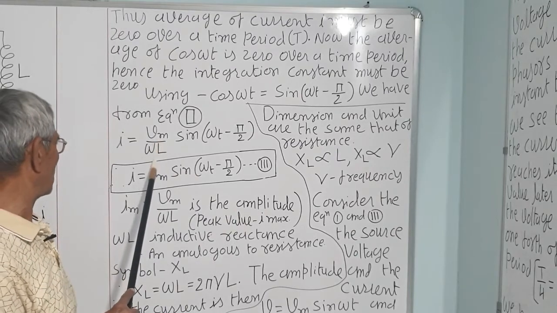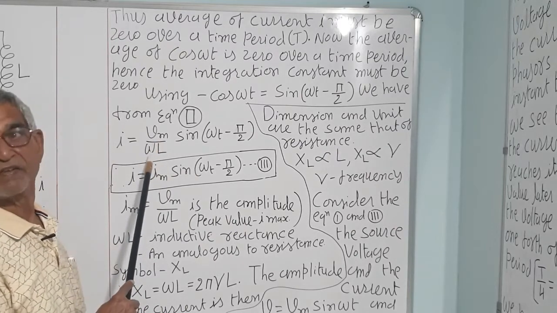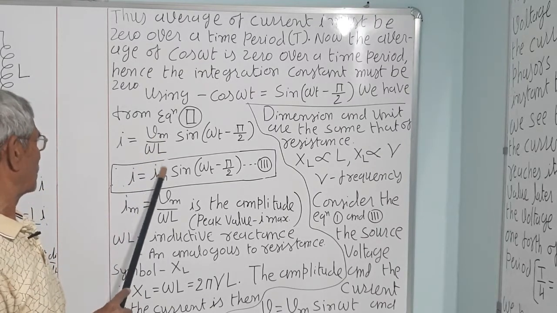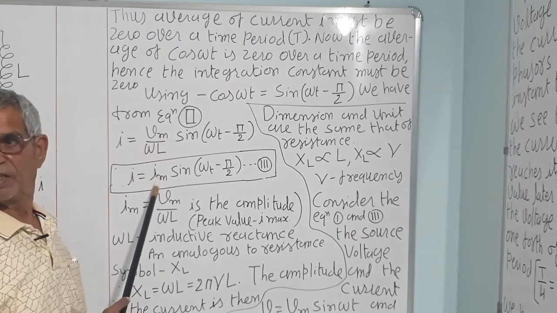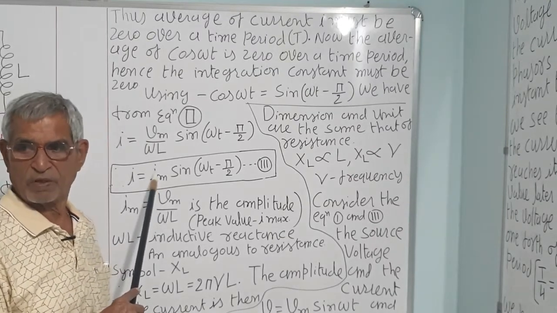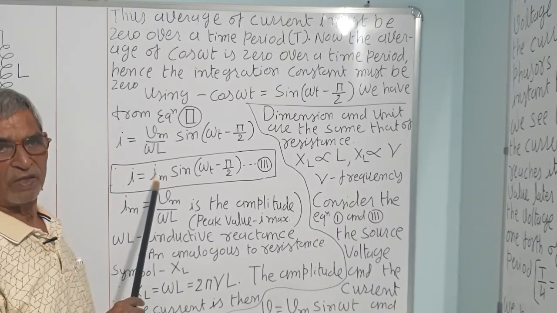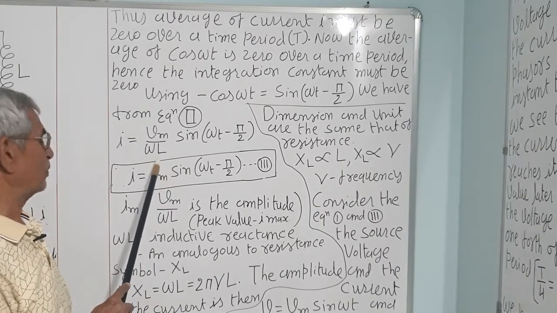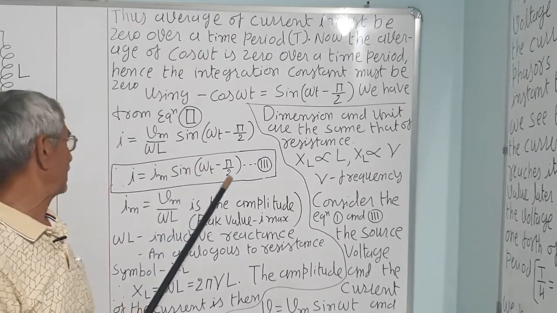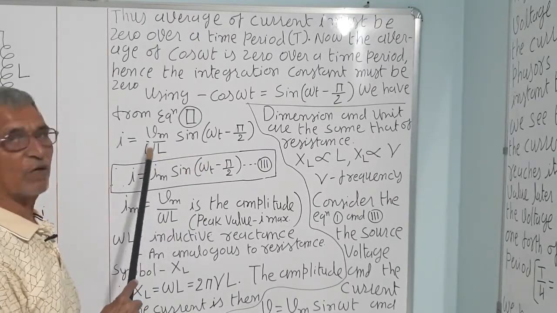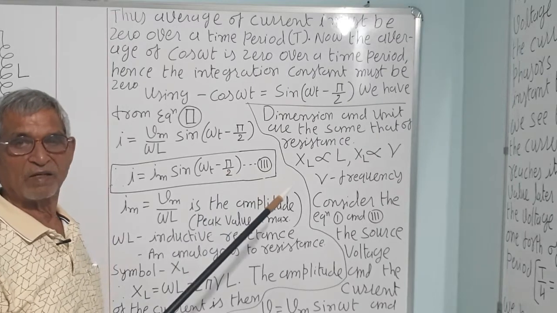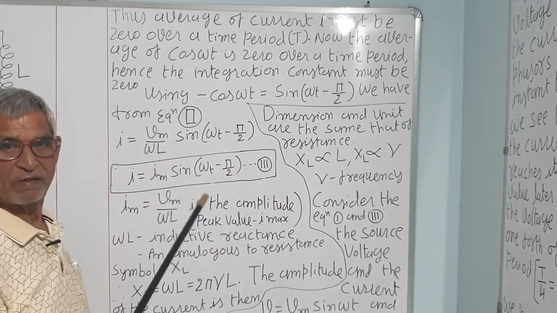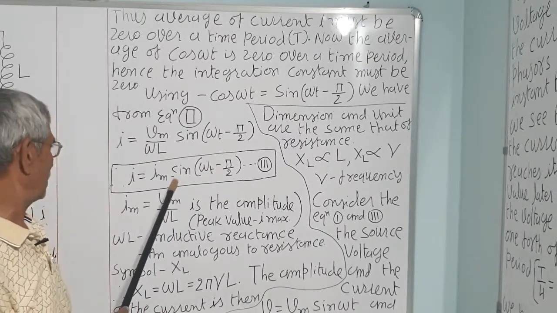So, voltage upon resistance is equal, this is inductive resistance. So, Vm upon omega L, that is equal to voltage upon resistance is current. Inductive reactance is not resistance, its function is just to oppose the current. As the resistance opposes the current in the DC circuit, this opposes the current in the AC circuit, remember. In DC, it will just act like a resistance and that is negligible. But it has a much more important effect in the AC circuit.